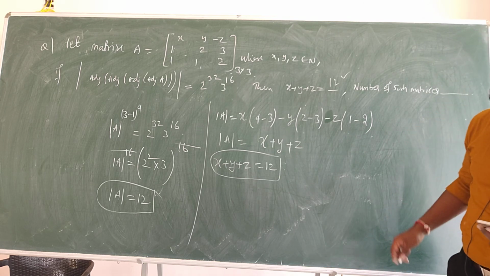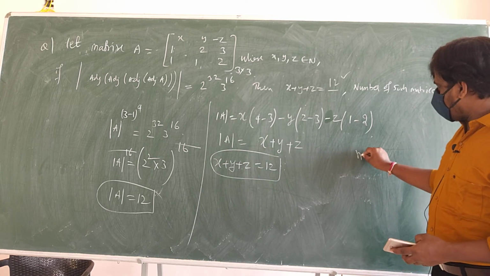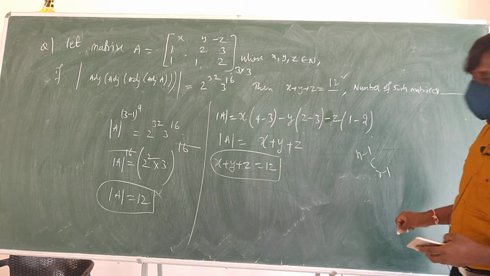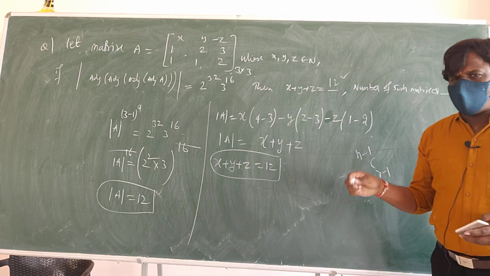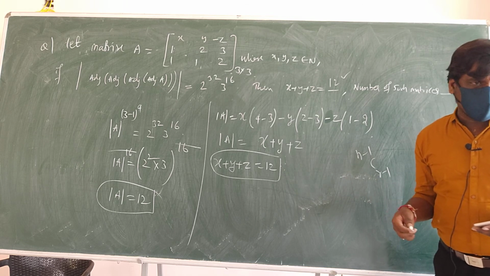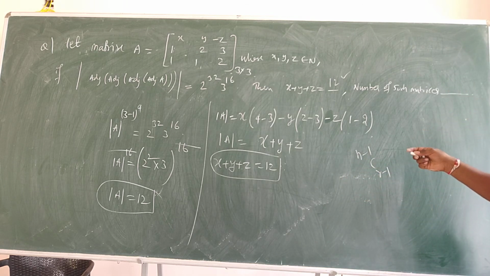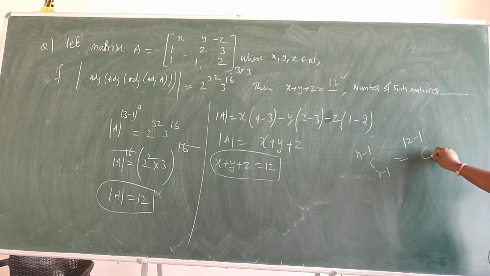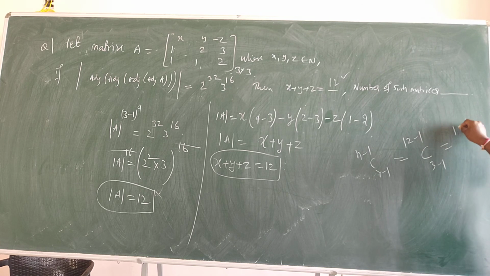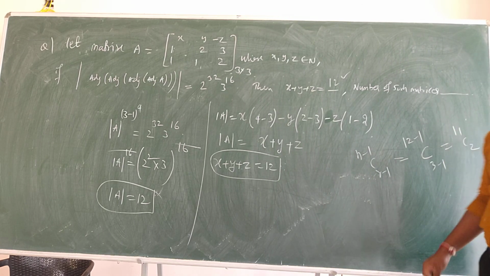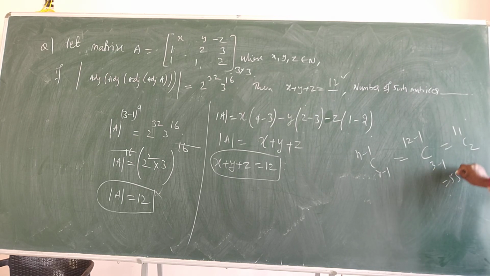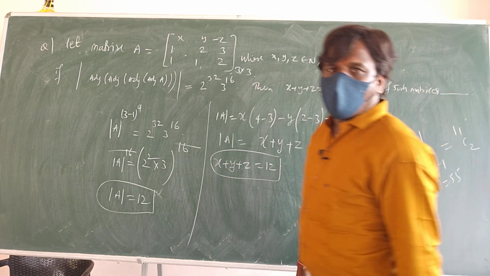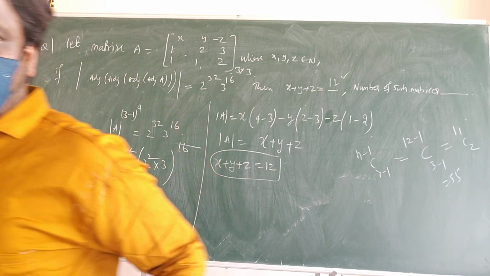Remember? So what is the formula? (n minus 1) C (r minus 1). I explained 2-3 methods; you follow any method. So n is how much here? 12. 12 minus 1 C 3 minus 1, so I get 11 C 2. So how many matrices are possible? 11 C 2 value is 55, so 55 matrices are possible.